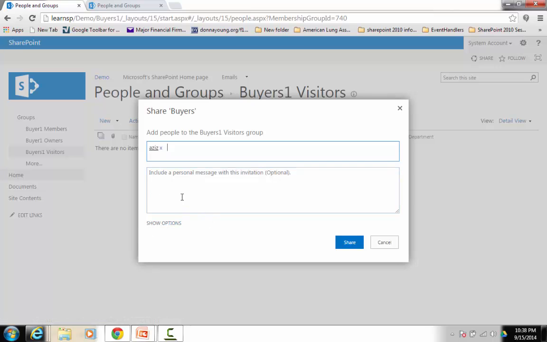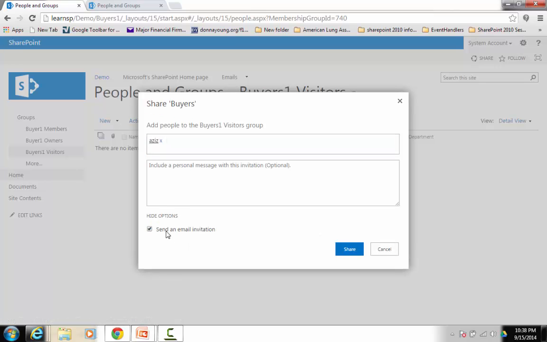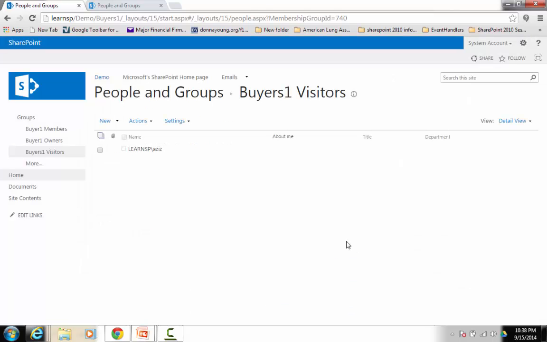And over here it shows me if I have a personal message for this user, which I don't have any. And over here it says show options. I click on this option and I have an option for sending an email invite. Click on share, and now the Buyers 1 Visitors group has got access to LearnSP/Aziz, which basically means Buyers 1